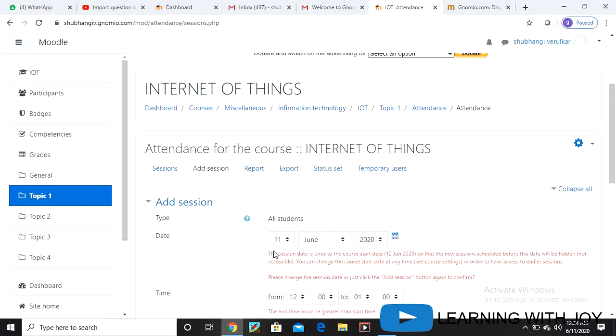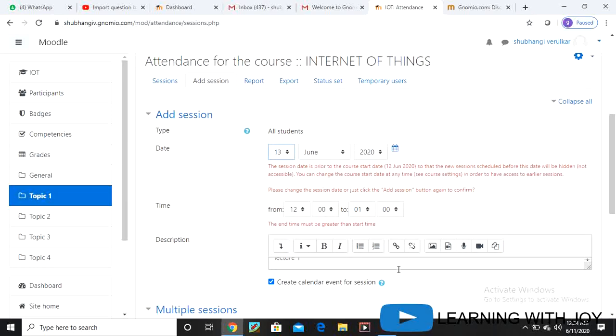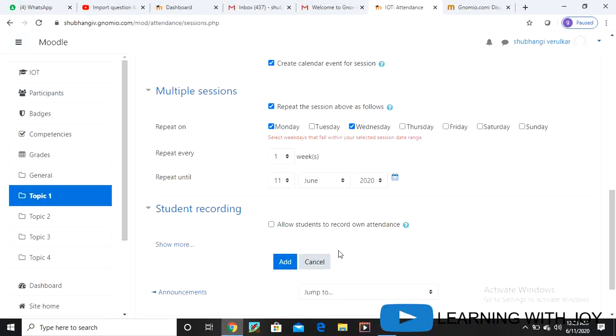Okay, so you can see that this session date is prior to course start, 12 June. This is a wrong date because our course is starting on 12 June. So we will set another date, 12 June, or we will set a date 13 June 12 am and then create. So you cannot do anything wrong. Whenever you do anything wrong, you will be informed.